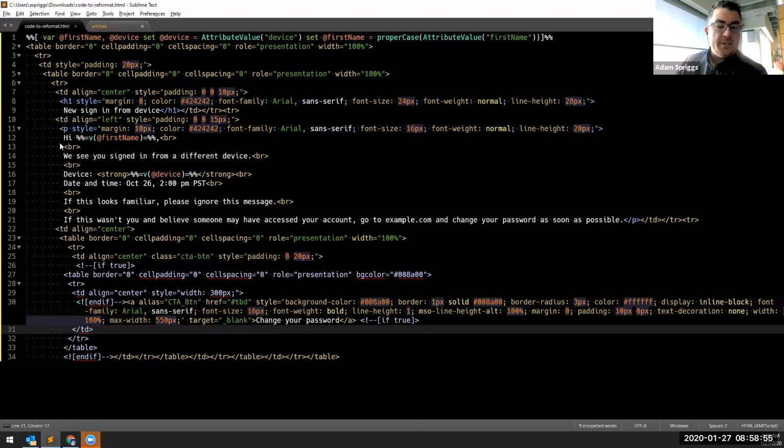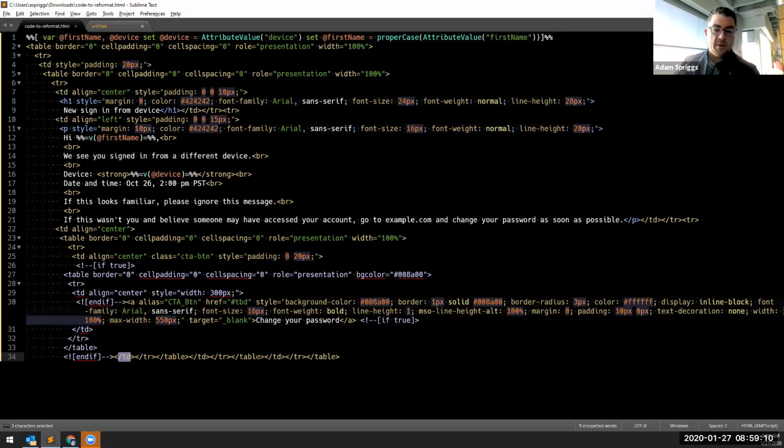Hey, I thought I'd share a little trick that I use in Sublime Text for formatting HTML code, specifically HTML code that contains AMPscript for Marketing Cloud. You'll see this code that's on the screen here. It's got a bunch of tags that are all